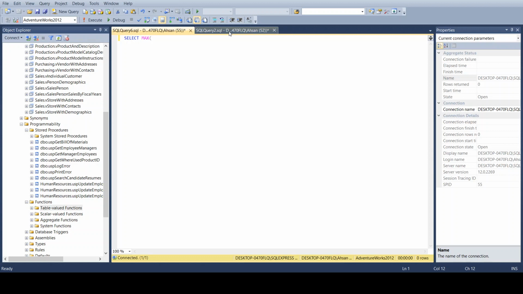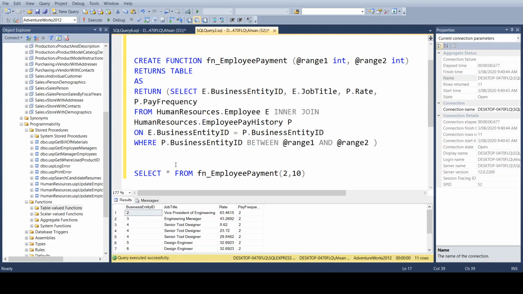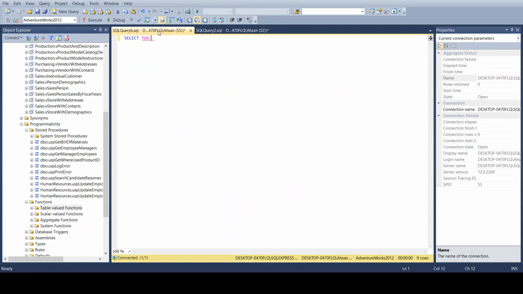So max, and let me give the same example. I'm going to use the same table, which is the employee pay history table. In the employee pay history table, I had a column with the rate, which tells me the pay rate. So I'm going to say pay rate,